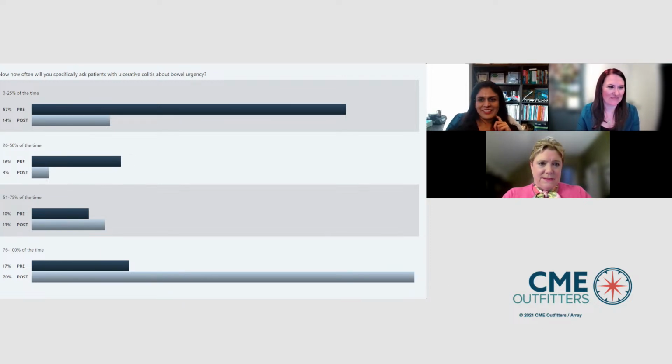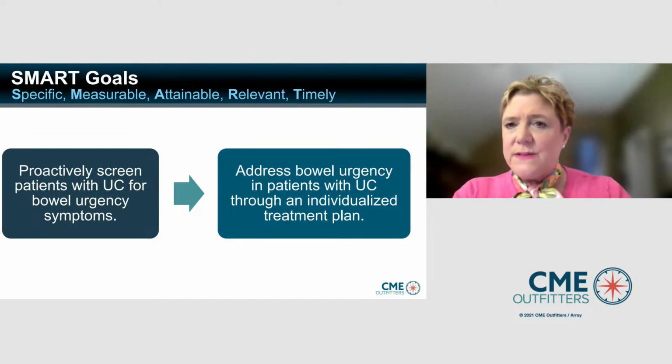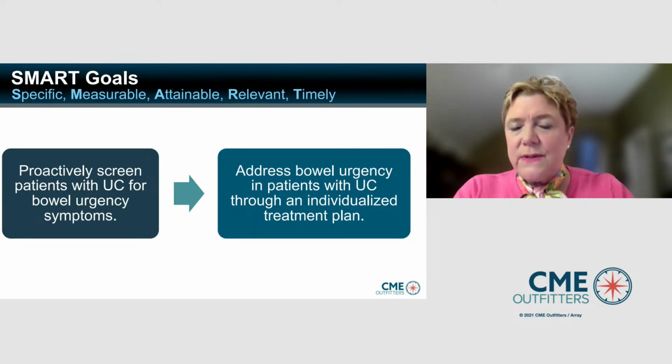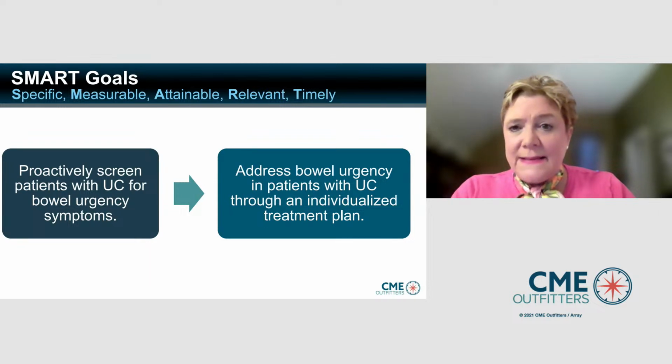That's great. Okay. So before we finish with some more questions and answers, I'd like to offer some SMART goals, which are specific, measurable, attainable, relevant, and timely. These goals are specific action items you can immediately start using in your practice. So the first is to proactively screen patients with UC for bowel urgency symptoms. And the second is to address bowel urgency in patients with UC through an individualized treatment plan, such as the